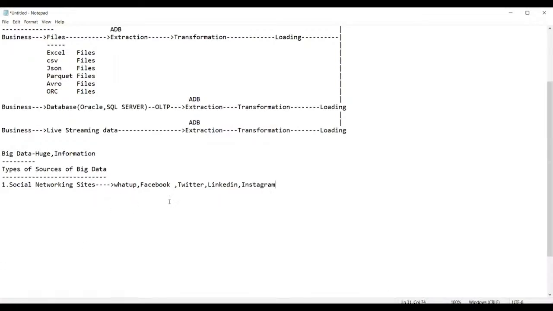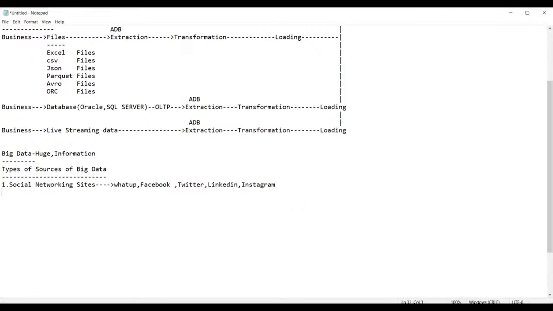These are all called social networking sites. Social networking sites are basically referred to as a major source of getting big data.